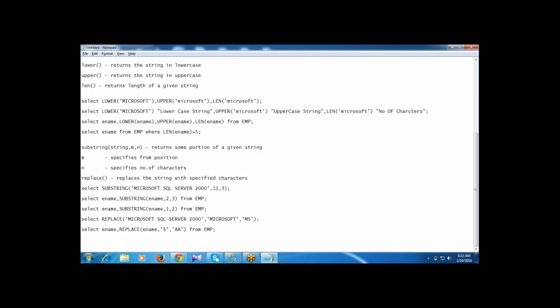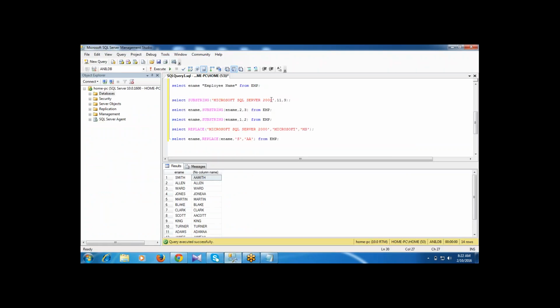Next, the substring function. Here I'm typing the substring function: select substring, and the input string we should write, that is, the input string Microsoft SQL Server 2000. Here, what are the parameters the system is showing? The starting position and the length. The starting position is from the input string; here I'm starting with the 11th character, and